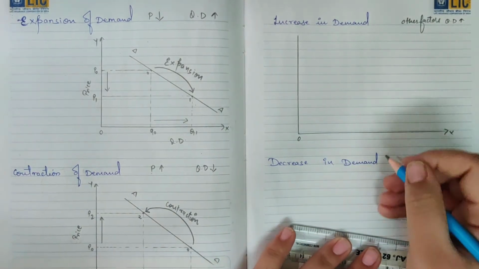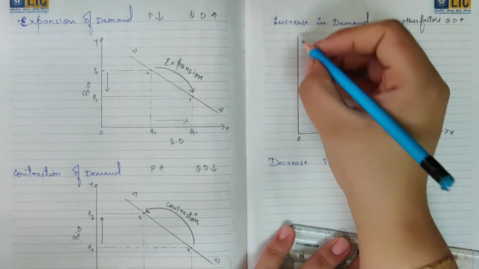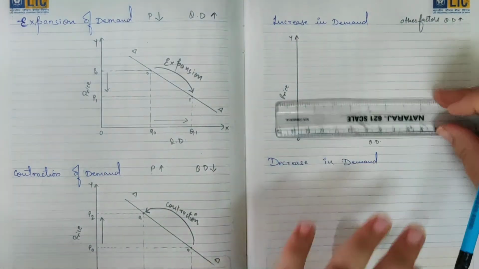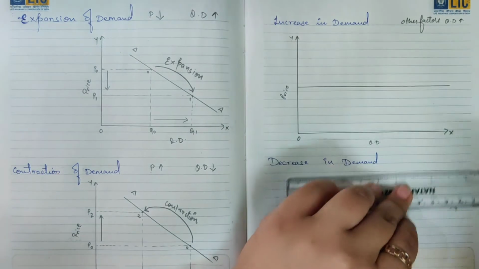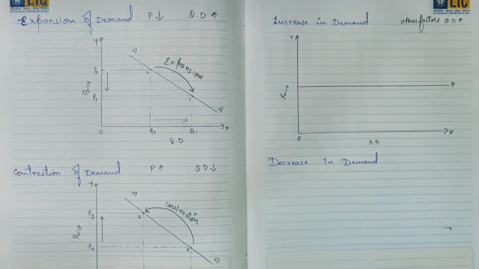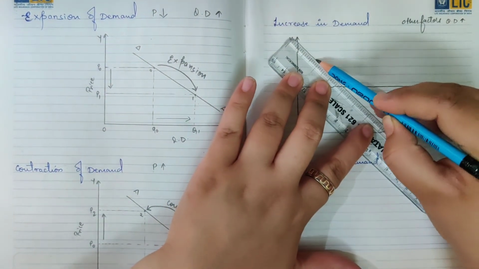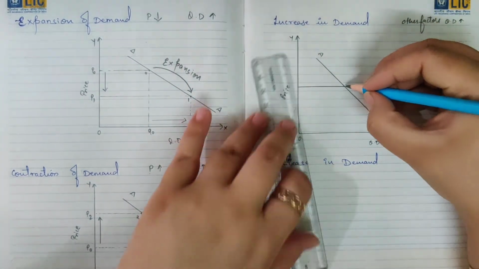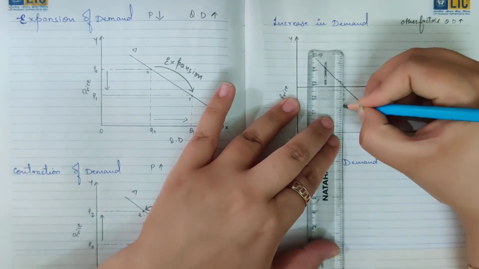On OX axis you can write demand or quantity demanded, it's all correct here. On y axis you'll show price. Price is constant here, so price will be shown by a line which is parallel to x-axis. You can write here price. Now demand curve is always a downward sloping curve. So this is the demand curve for any commodity you can take, and quantity demanded at this price was